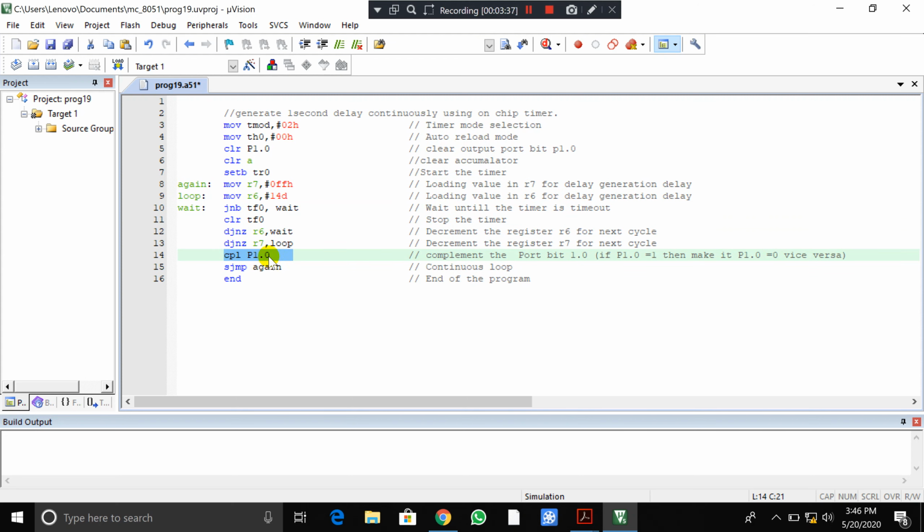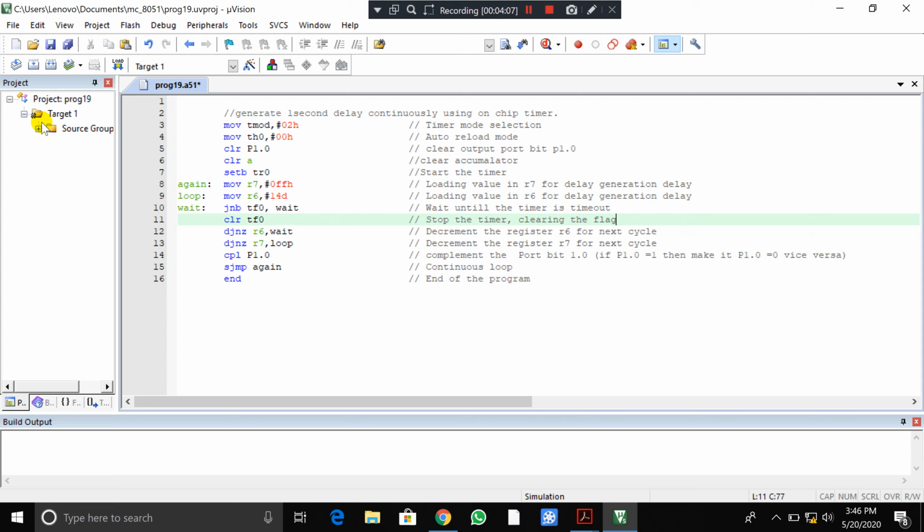If the previous value is 1, the next value will be 0, and if it is 0, the next value will become 1. So it is like a complement output, and you will be getting pulses. Here we are clearing the flag. You can also stop the timer by clearing TR0.